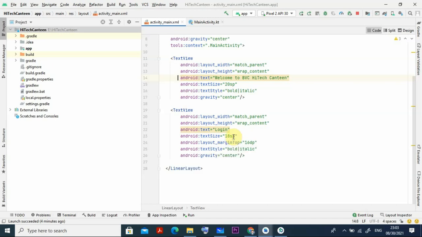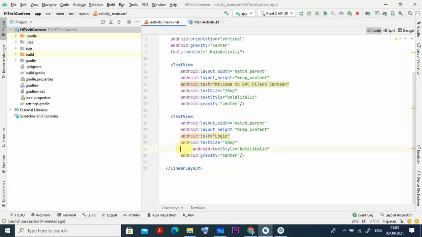So I put 20 sp also, and it will show 20 sp. Then style italic, gravity is equal to center. Margin top is not required here, so I delete it. Okay, then I think we have done everything.